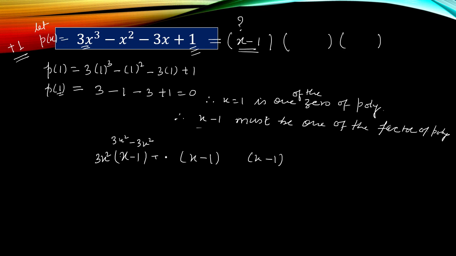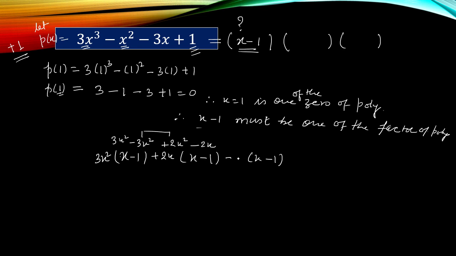So we have to multiply the second factor by 2x. So we will get here plus 2x square. If we multiply these two terms, we will get 2x square positive. By these two terms, we will get minus x square. Our second task is completed. Now 2x should be multiplied by minus 1, so we will get minus 2x. But our task is minus 3x. One more minus x is required.